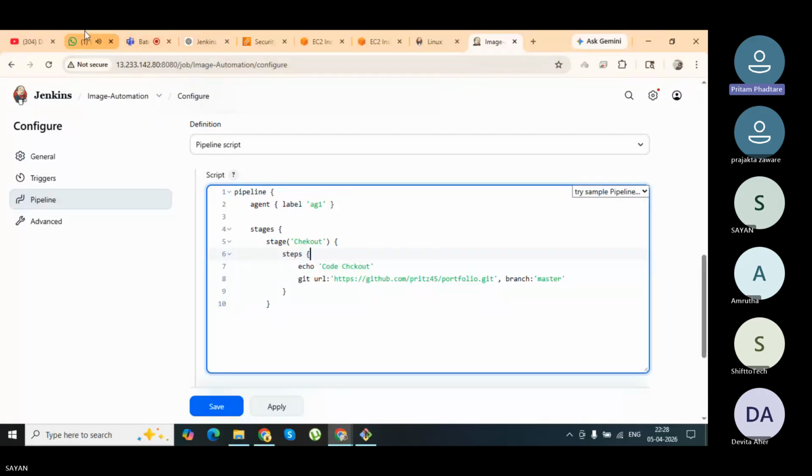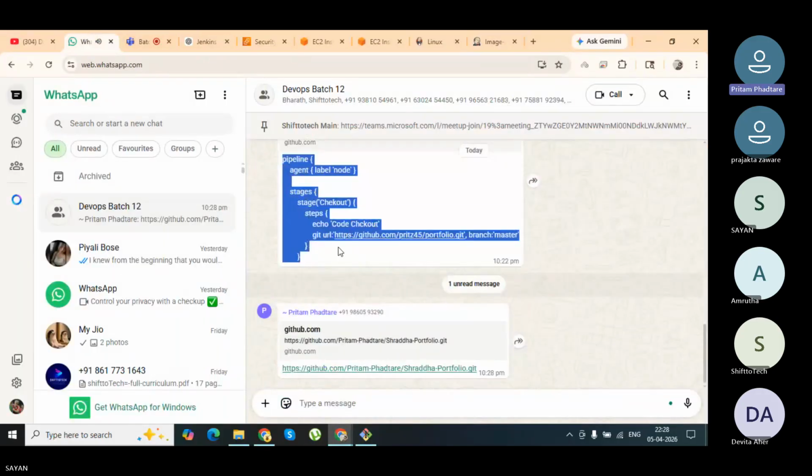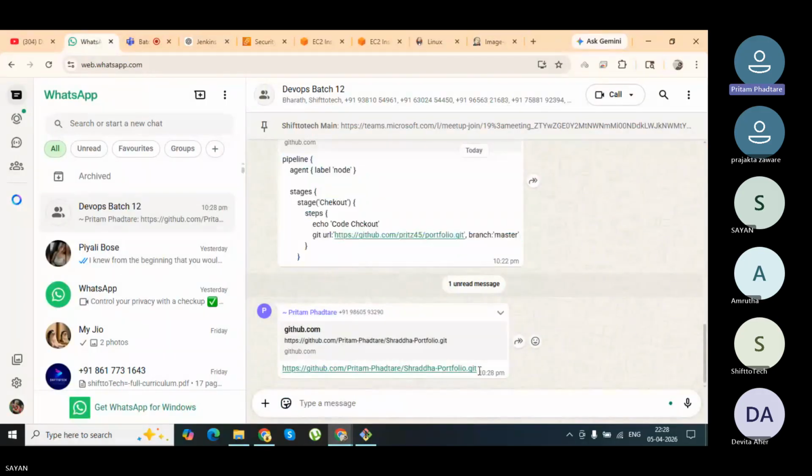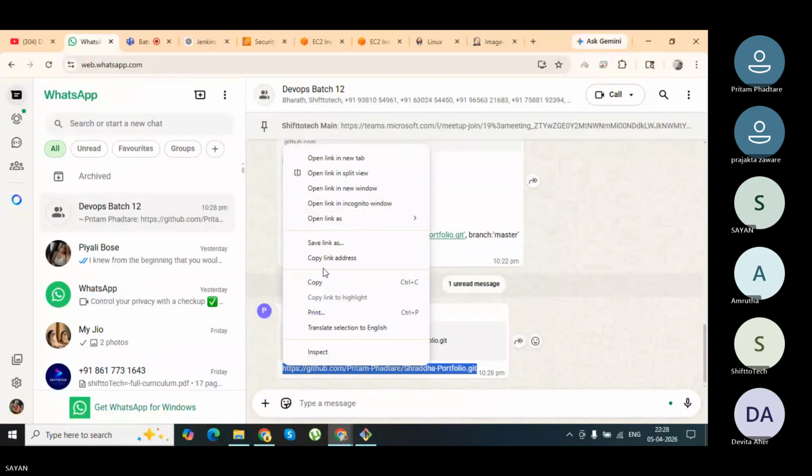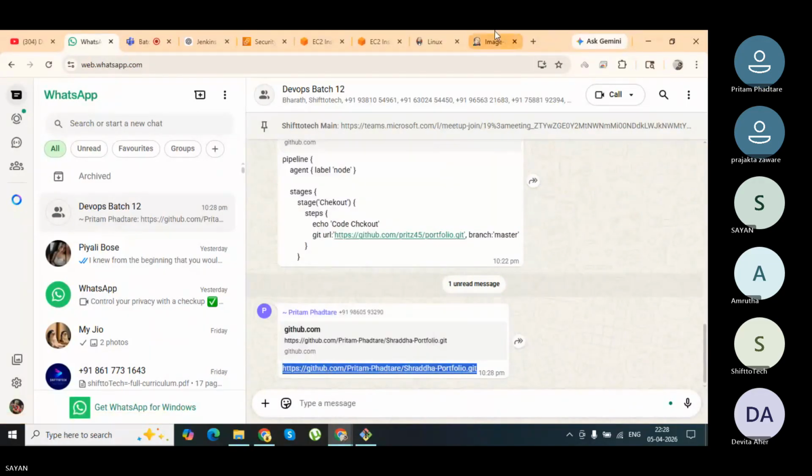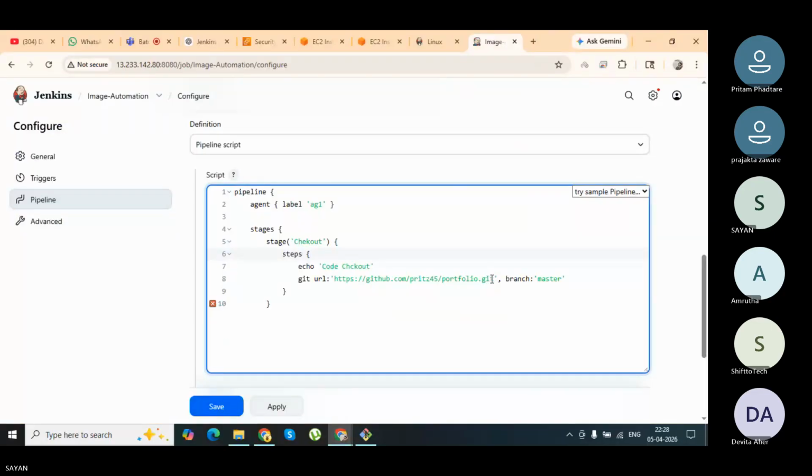So Sayan, I have provided the correct repository endpoint on the group. Copy that repository endpoint. Yeah, replace that repository endpoint with the new one which I have given. Branch is the same or main? Yeah, branch will be same. Okay,